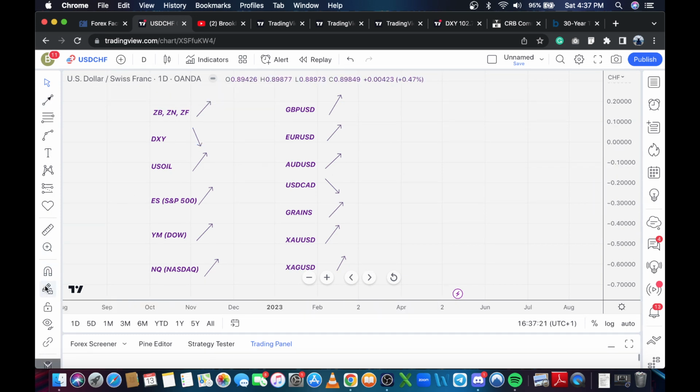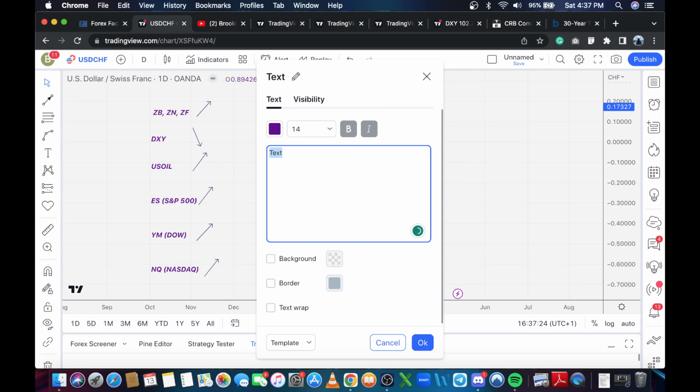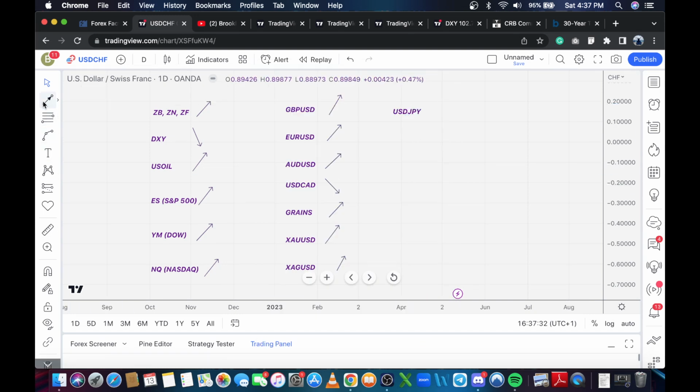There's some extra ones. USDJPY should be going lower. This asset class is treasuries or interest rate for United States, currencies, commodity, equity, equity, equity, currency, currency, currency, currency, commodity, commodity, commodity. Now, what I use for my intermarket analysis, I usually use United States interest rate,